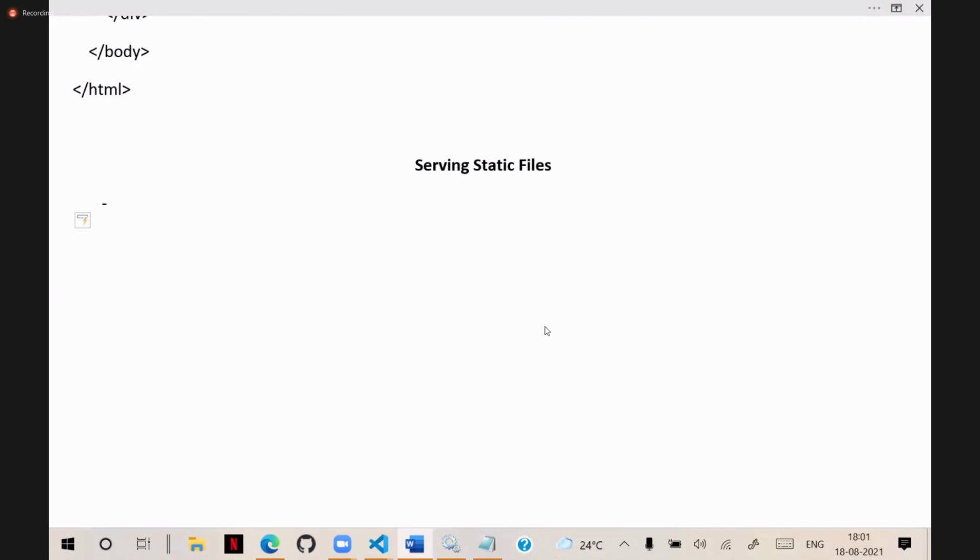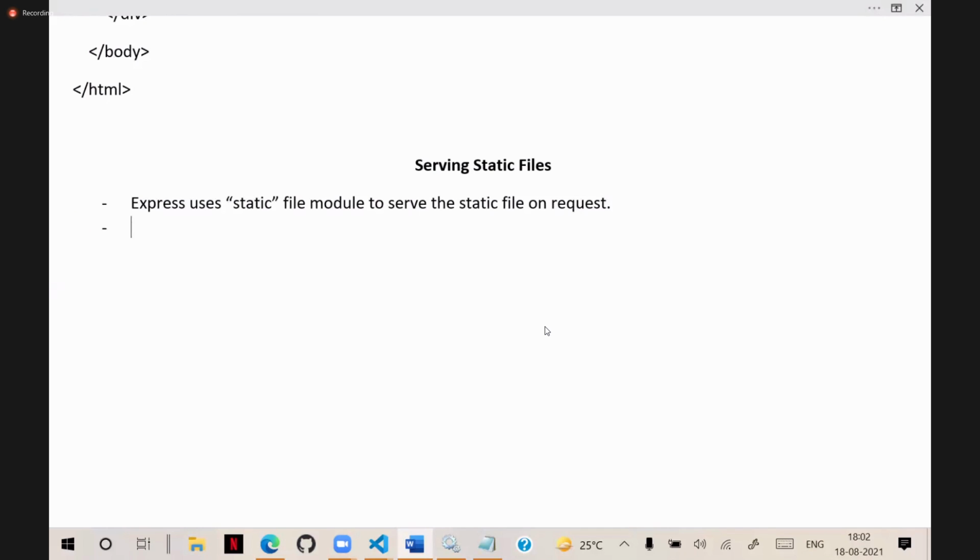So Express uses the static file module to serve the static files on request.